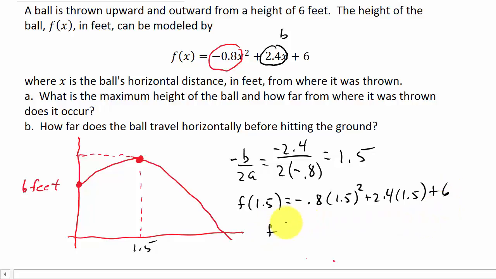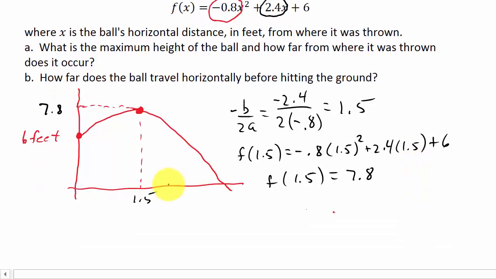Punch that into your calculator, and we get 7.8. So this y value is 7.8. So the max height is equal to 7.8 feet,